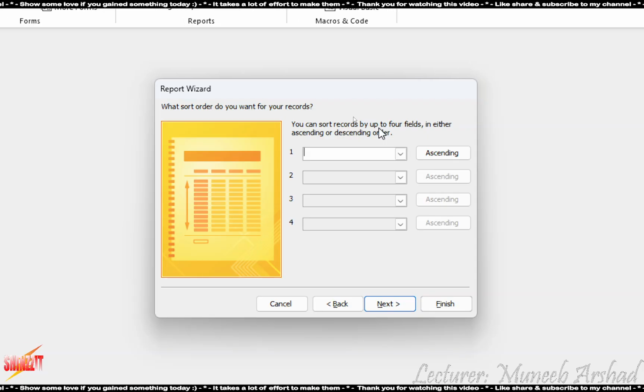And what happens if I don't? If you don't do it, nothing will happen. Point is, whether you do it in the query or you do it here, it does not matter. If I've done it in the query, I do not have to do it here.